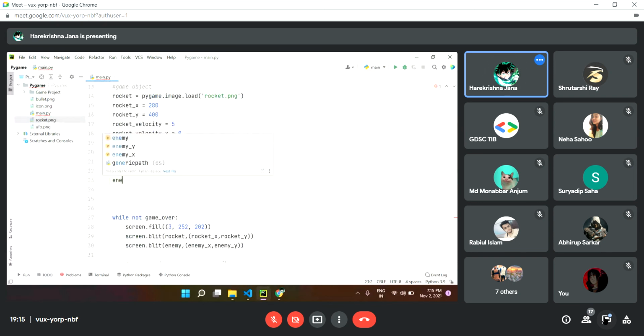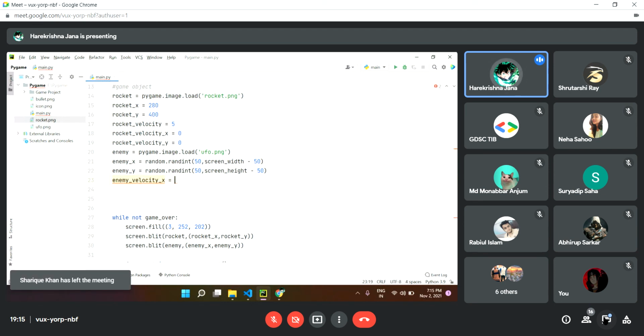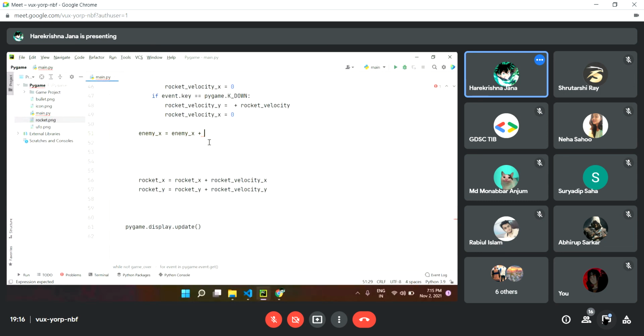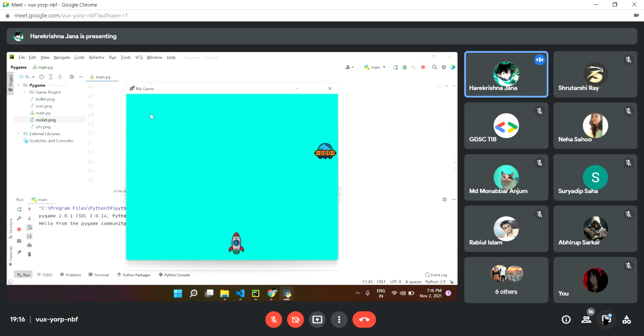Where is enemy velocity x equals to, इसके तरह ही करते हैं, velocity equals to 5 करते हैं, इसे हमेशा होते रहना चाहिए, 0 होगा तो नहीं चलेगा. ये भी कर देते हैं, class enemy velocity x, ओके। एंड y के लिए मैं नहीं करूँगा क्योंकि तब वो इधर चला जाएगा।